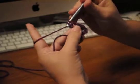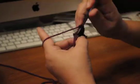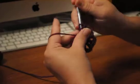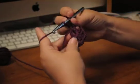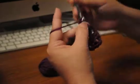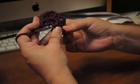So we're going to go 2 double crochets, and then a chain 2. That gives us 1, and 2 double crochets, and a chain 2, another set of double crochets, and then a chain 2, another set of 2 double crochets, and then a chain 2. So here's our first one, 2 double crochets and then a chain 2, and it said 4 more times, 1,